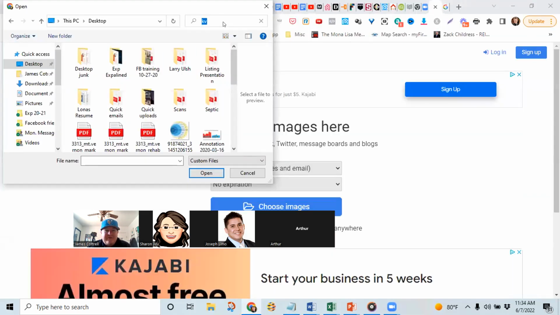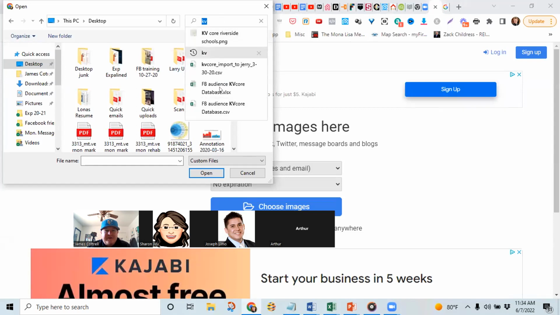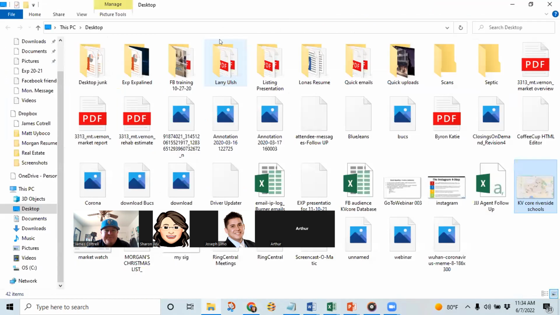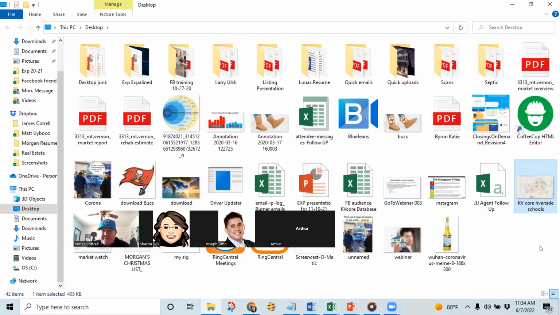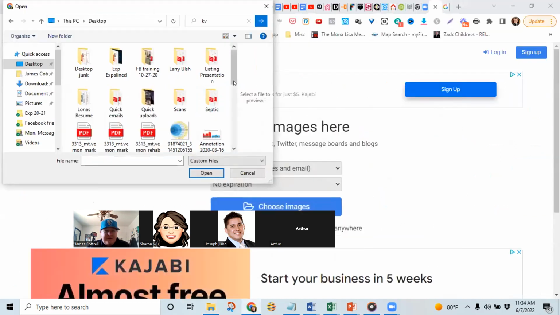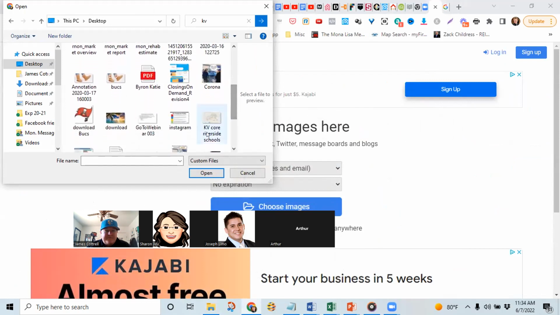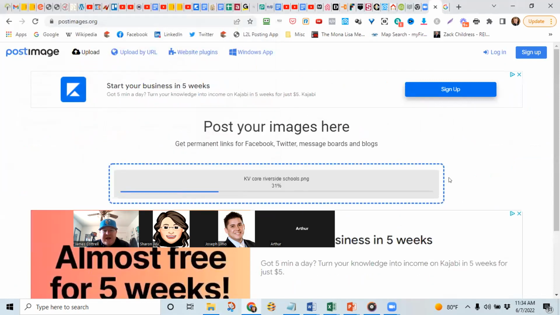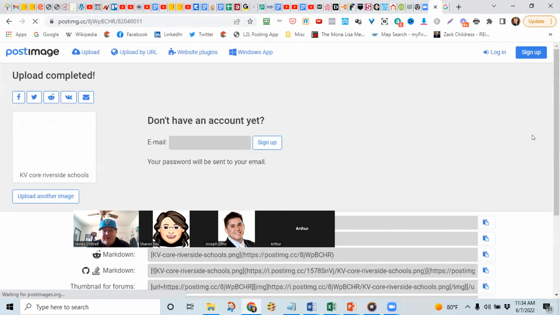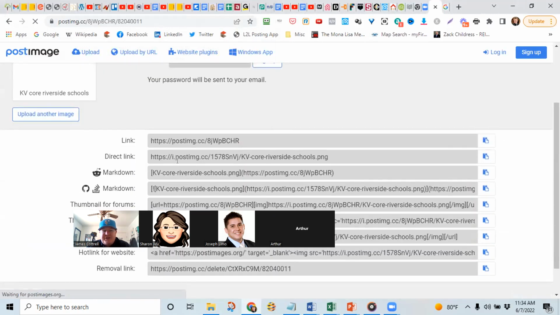Now I need to open the file location. Oh, there it is. Okay, right there. So now I have this pulled up, and I always use the direct link. So I'm going to just copy that.